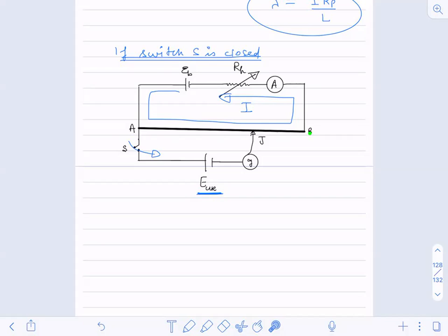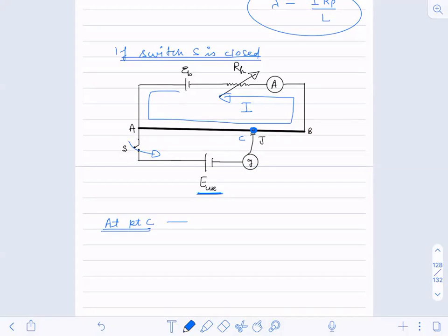While you are dragging the jockey, what will you see? At one point somewhere in between here, there is no deflection in G, that is, in the galvanometer. Let us assume that point to be C. So at point C,